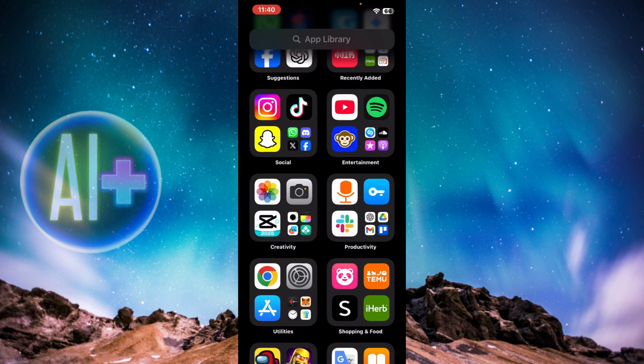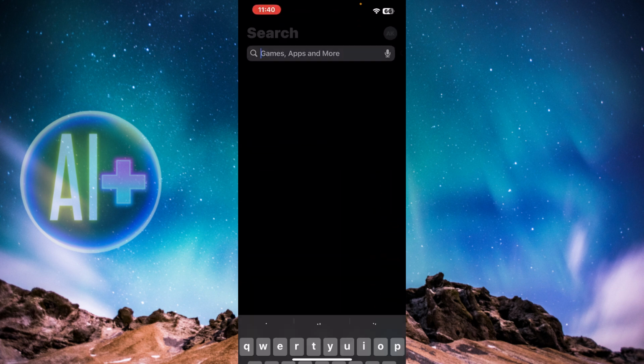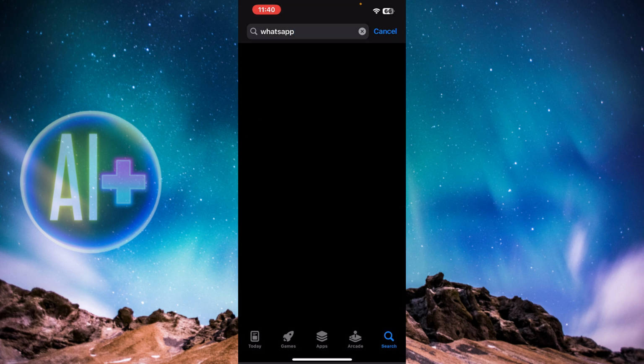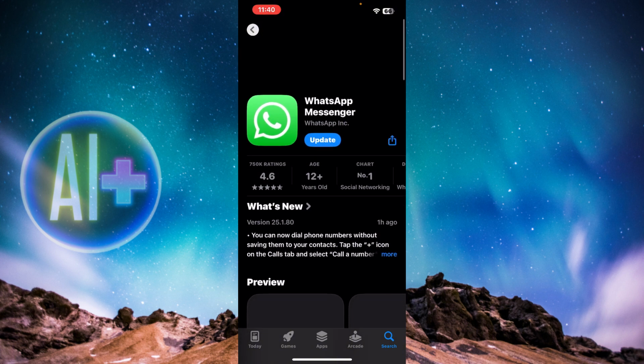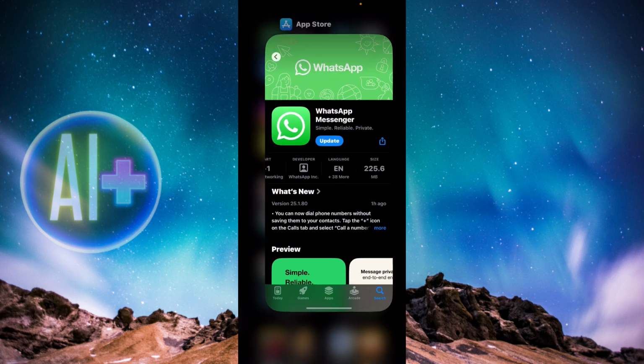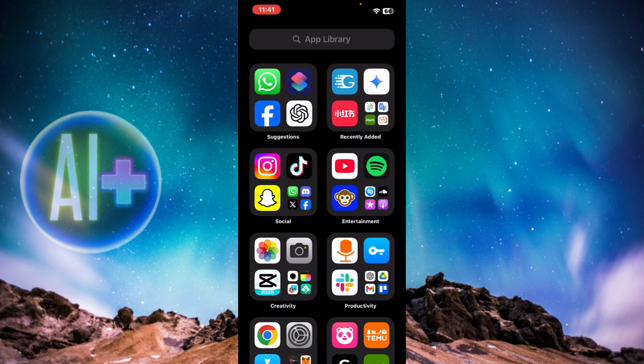But before that, you have to go to App Store and simply type in WhatsApp because you need to be on the latest version of WhatsApp. And here, as you can see, I also got an update, but I'm actually on the latest version. This update just got released yesterday, but you just need to be on the latest update version. But then